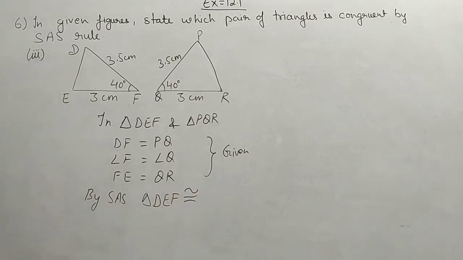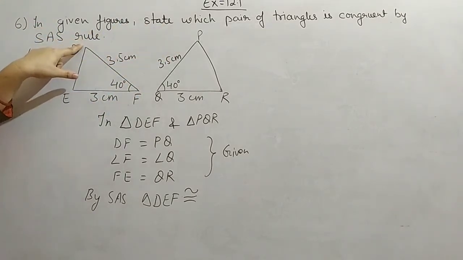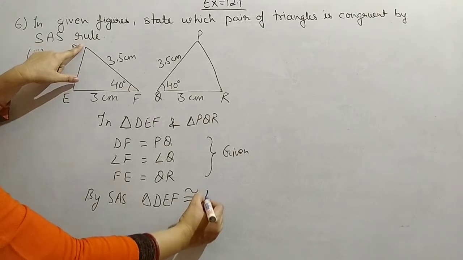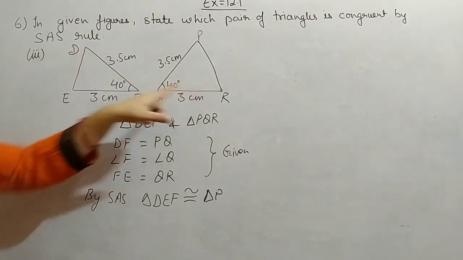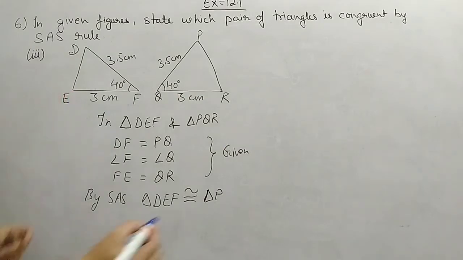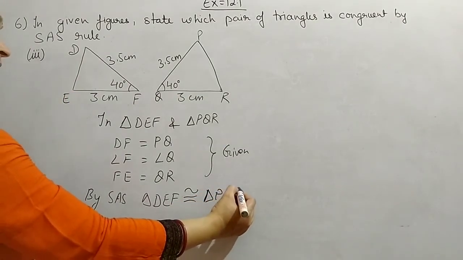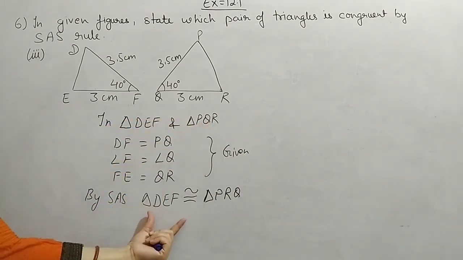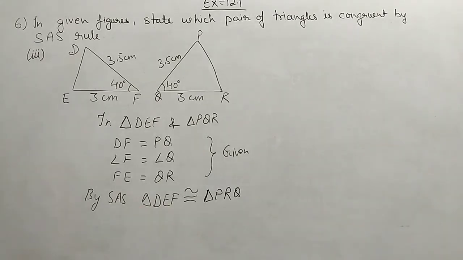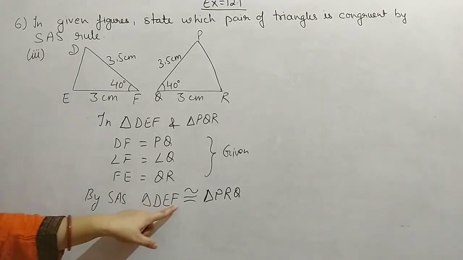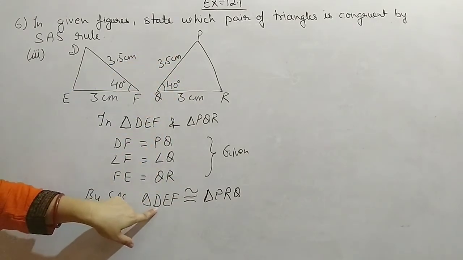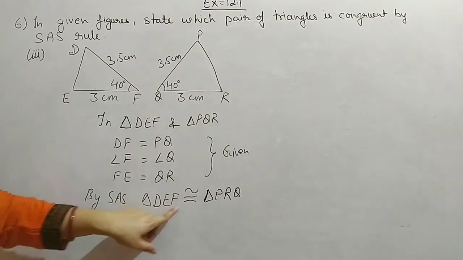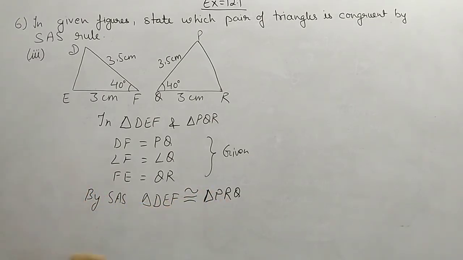Now corresponding points you have to see. When you will flip and keep this triangle, P will overlap D. So in place of D, we will write here triangle P, then E. This R will overlap E. So R and then last Q. So here you can write in any order PQR, but when at last after proving congruency you are writing, order should be same according to the corresponding point. So D, E, F. Corresponding point of D is P, corresponding point of E is R, and for F it is Q. So here you have to write compulsory in correct way.